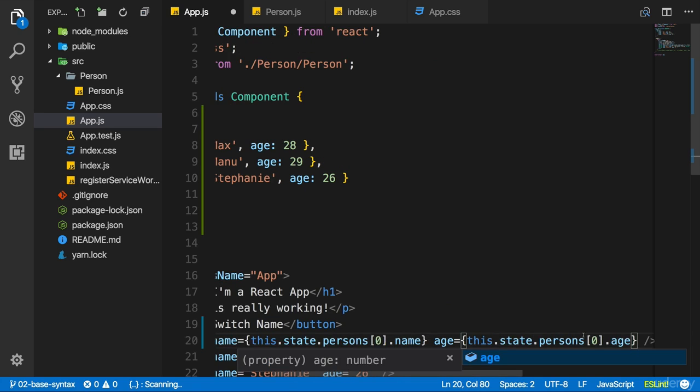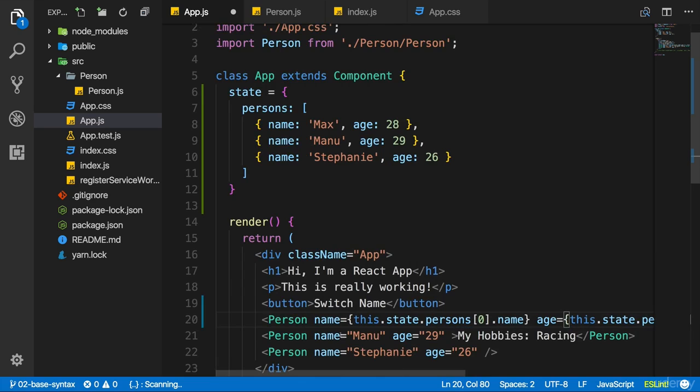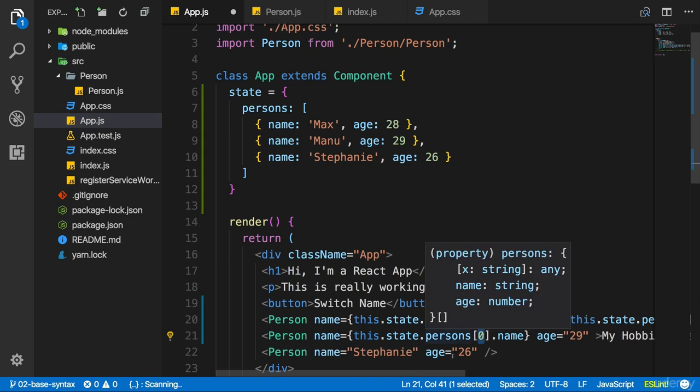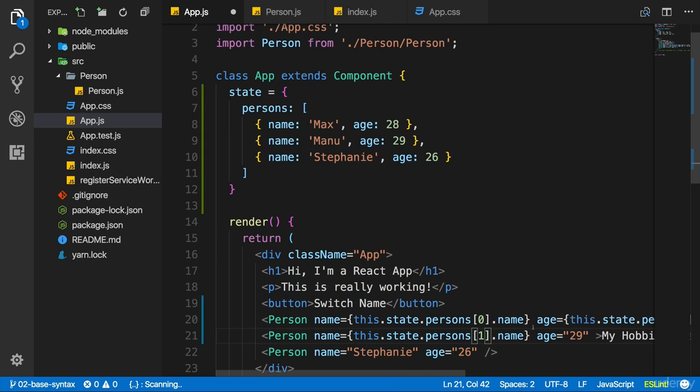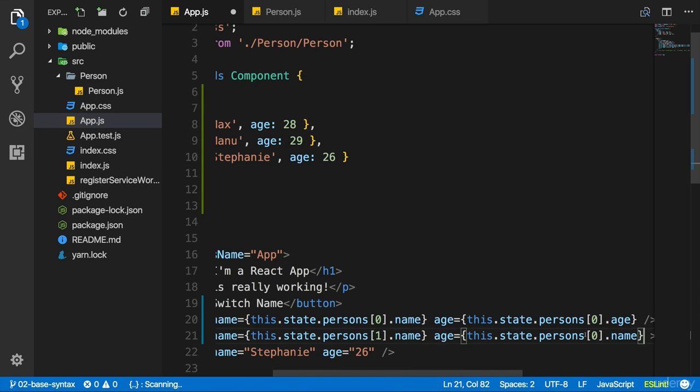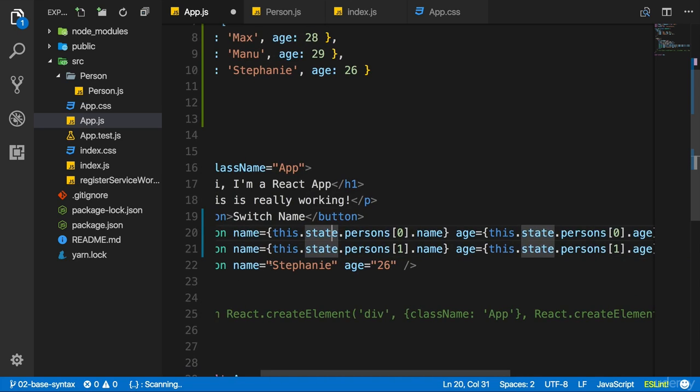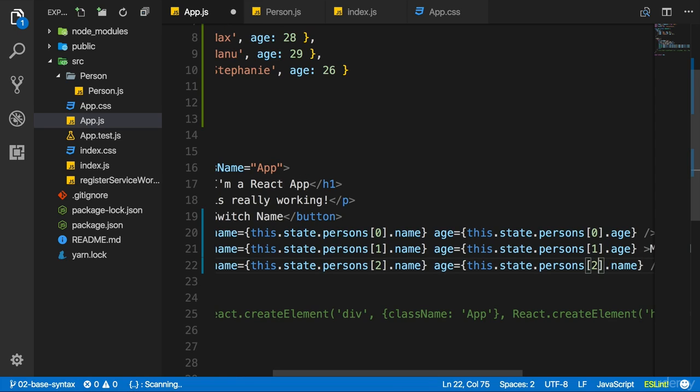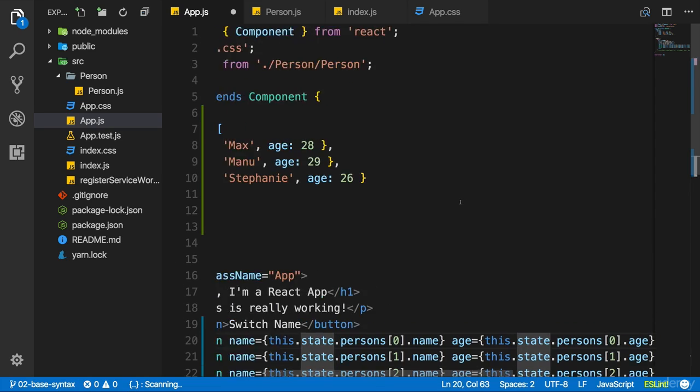There I of course want to access the age property. And I'll replicate this for Manu, but here it's of course the second element with index 1 in this array. And for the age, I'll also access element 1 and of course the age property. And for Stephanie, you probably guessed that, index 2, and also for the age, index 2 and age property.